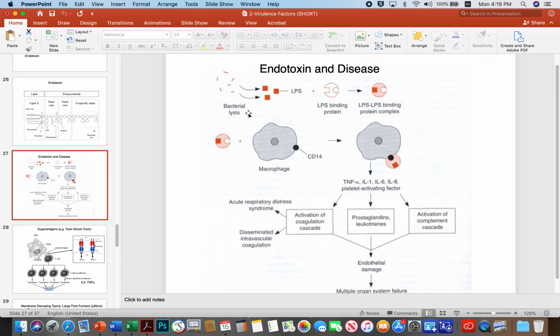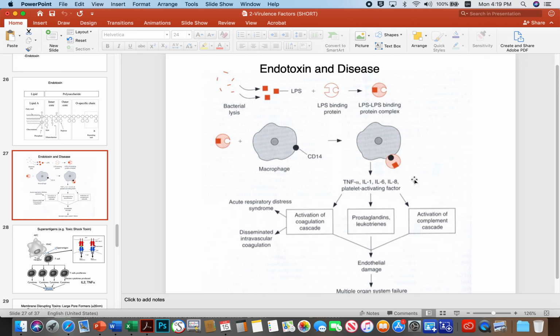So imagine bacterial lysis took place. Again, this is gram-negative bacteria. So the gram-negative bacteria fall apart and their LPS is released into the bloodstream or wherever. We produce an LPS binding protein, which will bind to those LPS pieces. And then that triggers macrophages with this particular CD14 receptor to bind to them. And that combination triggers these guys to produce a whole bunch of cytokines,